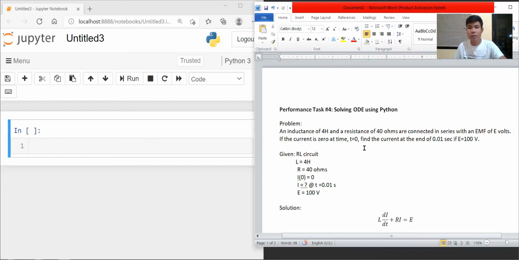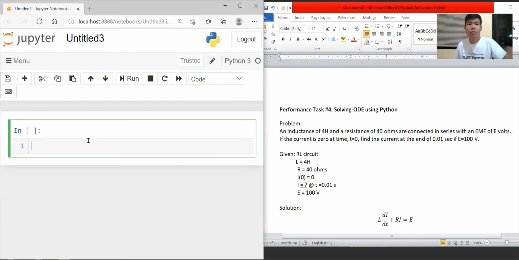So ngayon, after we discuss the raw solution of this problem, we now proceed to the solution of this problem in Python. So we'll try to solve this problem in Python. By first, we have to import necessary packages para nakakailanganin natin for solving this problem, like numpy. We have to import numpy,